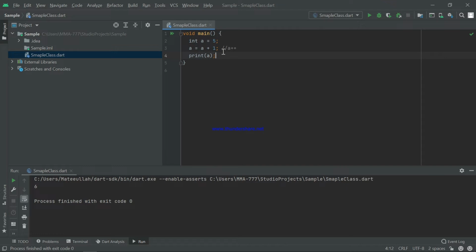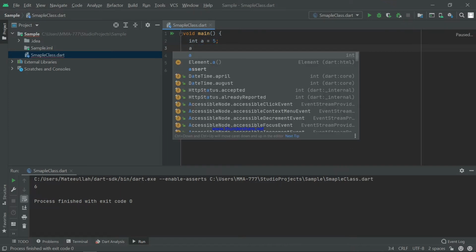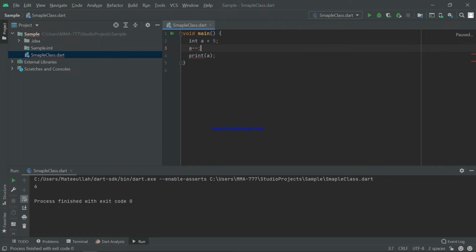What will happen if I use a decrement operator? If I erase this and now use a decrement operator, what will be the result? 4. Why? Because this simply means a equal to a minus 1.